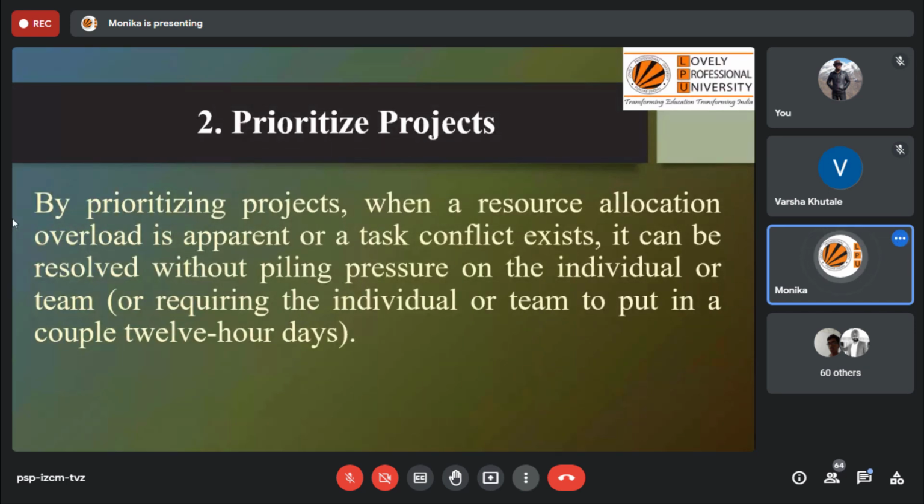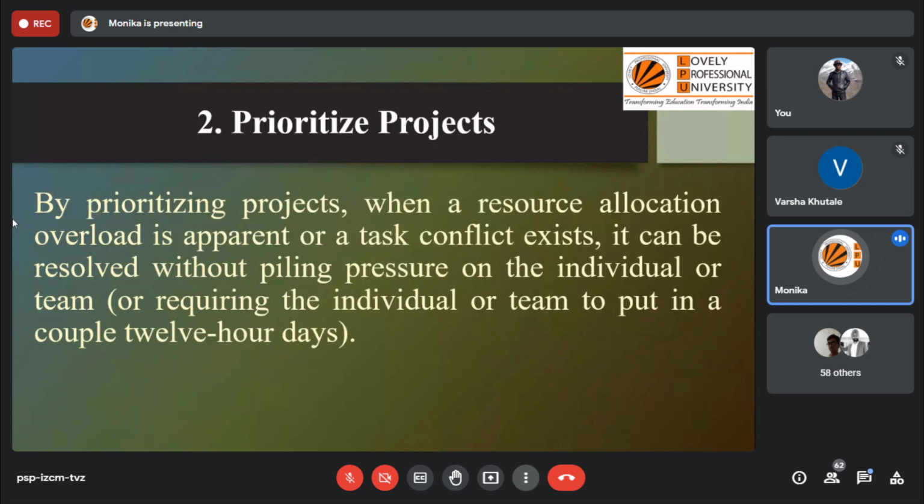The second technique is prioritize your project, which is equally important. By prioritizing the project, when a resource allocation overload is apparent or a task conflict exists, it can be resolved without piling pressure on the individual or team, or requiring the individual or team to put in a couple of 12-hour days. So yes, what we can do